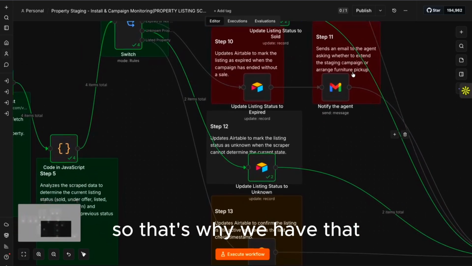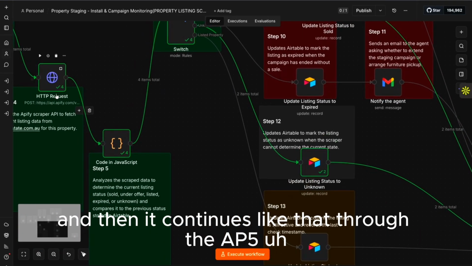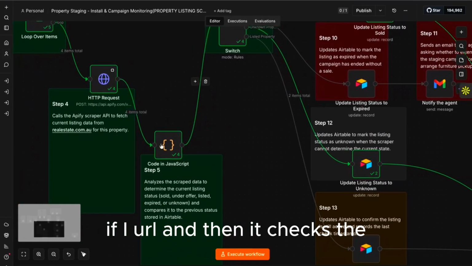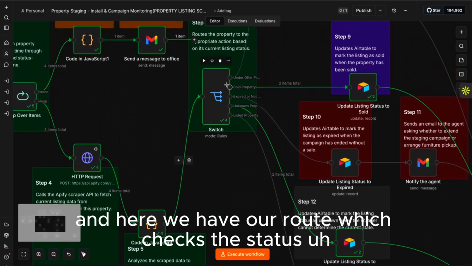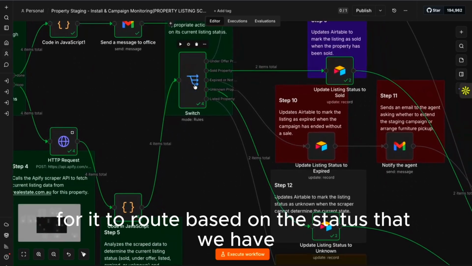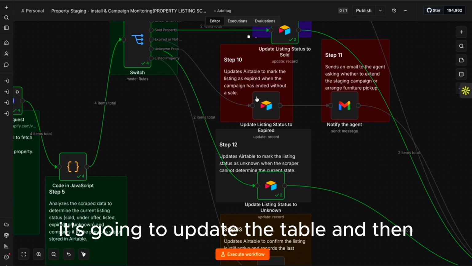So that's why we have that, and then it continues like that through the API URL, and then it checks the code, which is going to structure the data. Here we have our route, which checks the status, the status check pipeline, for it to route based on the status that we have. So if it's expired, it's going to update the table,